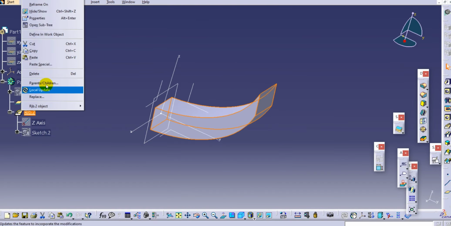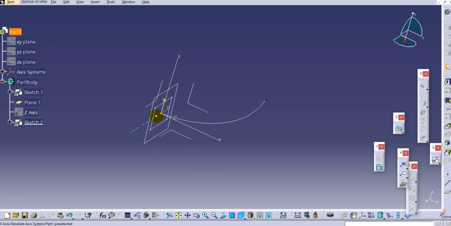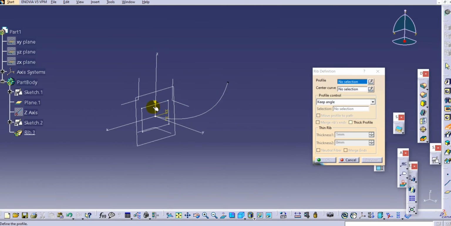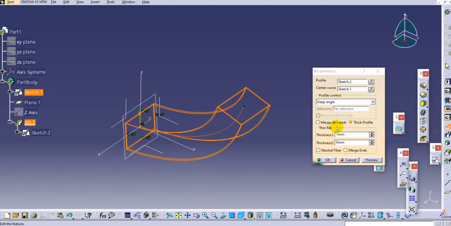Now I will again delete this one, again uncheck this option, and select the profile and the center curve, and here instead of the solid rib we will create a thick profile. Here we can provide thickness 1 and thickness 2.